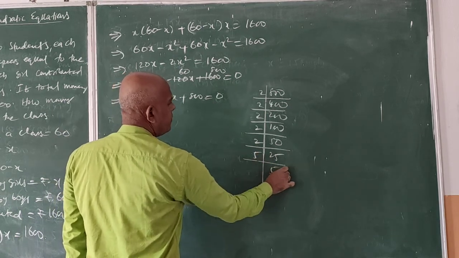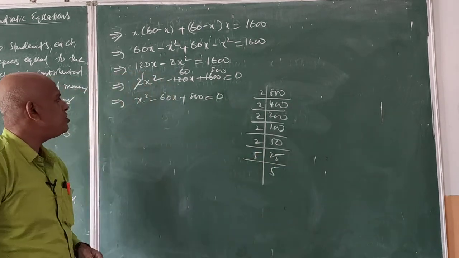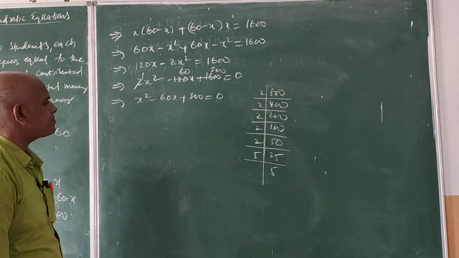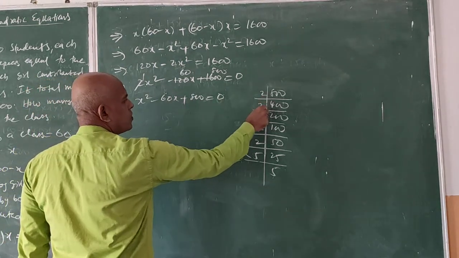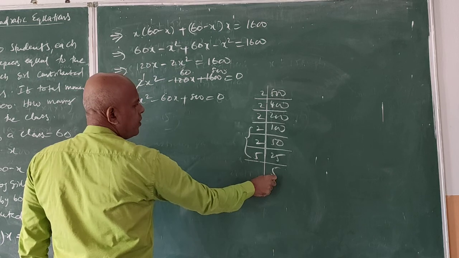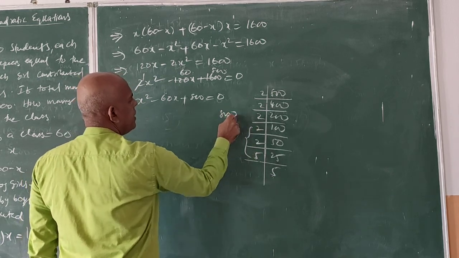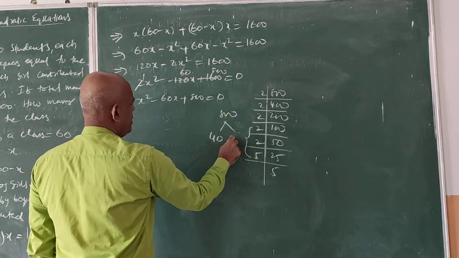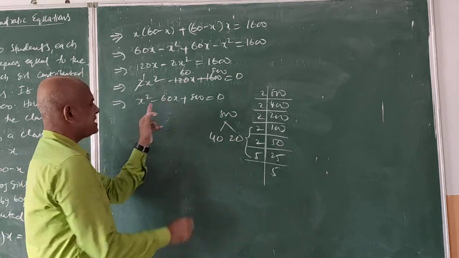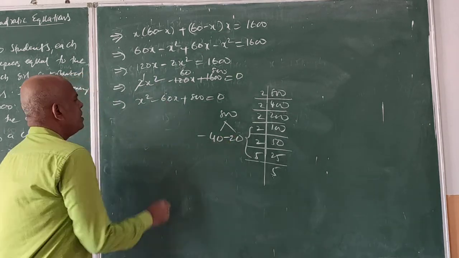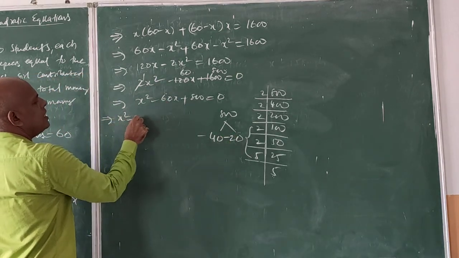So now 5 5s. So we have to get the combination of what? 60 first. So factors here: 2 2s 4, 4 2s 8, 8 5s 40, 40 into 20, 800. This can be written as 40 into 20, 40 20, 60, minus 40 minus 20. So now, which implies x square minus 40